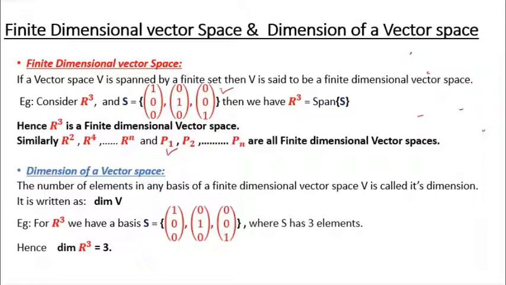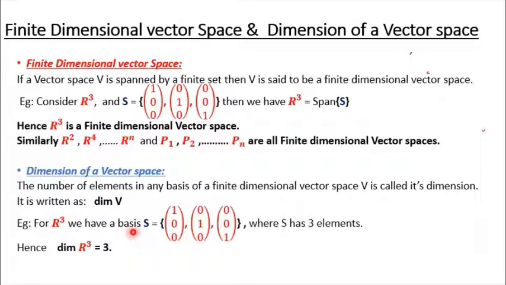Like that, all these P1, P2 and so on, Pn, they are all finite dimensional vector spaces. So next let us see then what is the dimension of a vector space. The number of elements in any basis of a finite dimensional vector space V is called its dimension. Now we have just defined what is a finite dimensional vector space, and you have seen here, for example, for